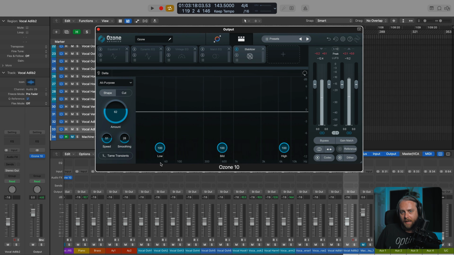And these controls down here, low, mid, and high, allow you to customize the amount of stabilization occurring across the low, mid, and high frequencies. So for low, it's about 0 to 60 hertz. For mid, we're talking 60 to about 5.6 kilohertz. And then high, it's 5.6 all the way above to 20,000 hertz or whatever was sampled.